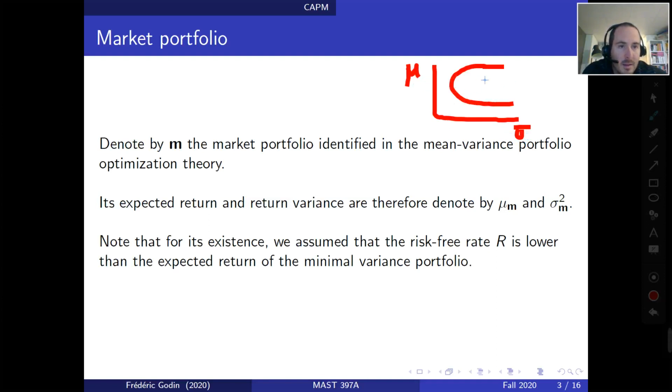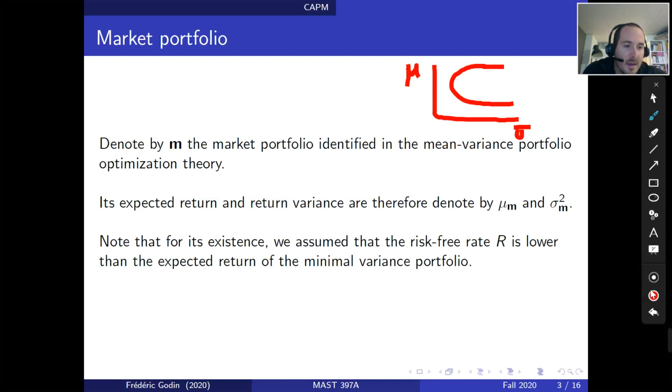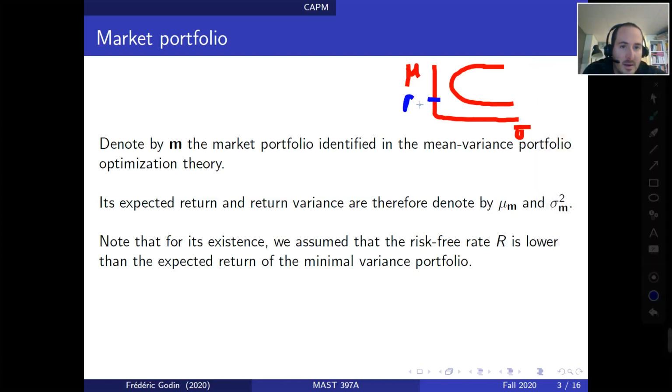So this hyperbola was the set of all admissible portfolios containing only risky assets. And then let's say there's the risk-free rate here. So we could draw a tangent line here which was touching in, so the drawing is not perfectly drawn here, but assume that it only touches in one point here, and this point was what we